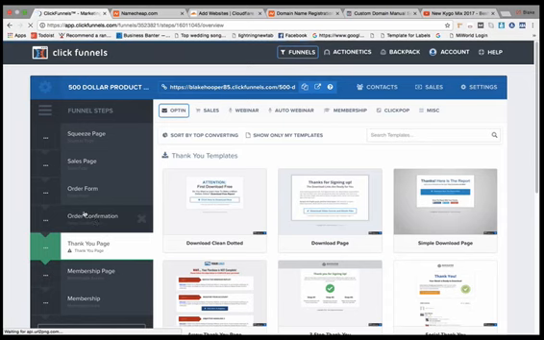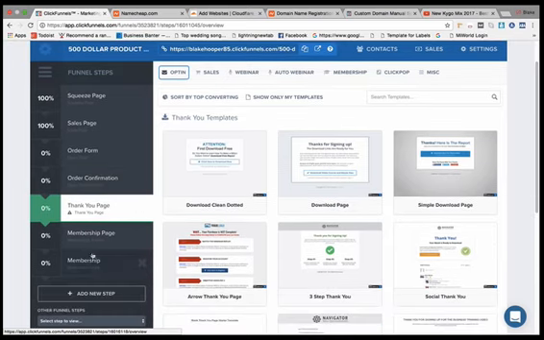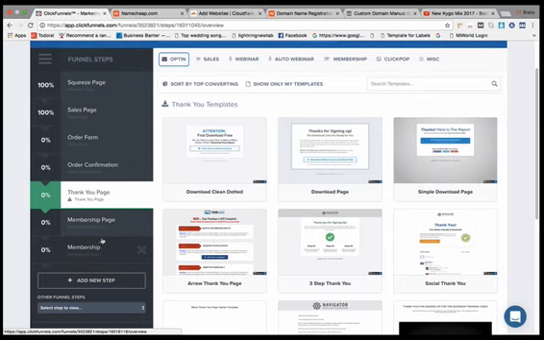What I want to do is recap, because if you're not selling a digital product the way that this funnel's set up, you might be selling a physical product, and it may just finish at the order confirmation or thank you page. So your funnel may just finish straight away, and there's no need to go into these extra sections. But if we click on the membership page,